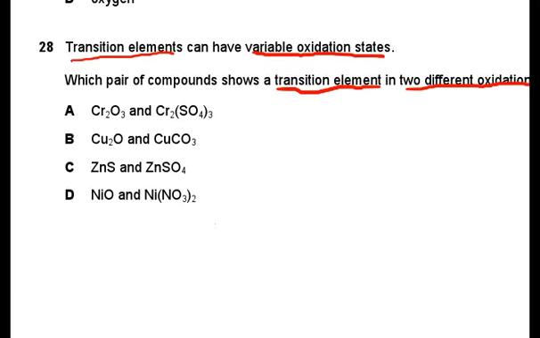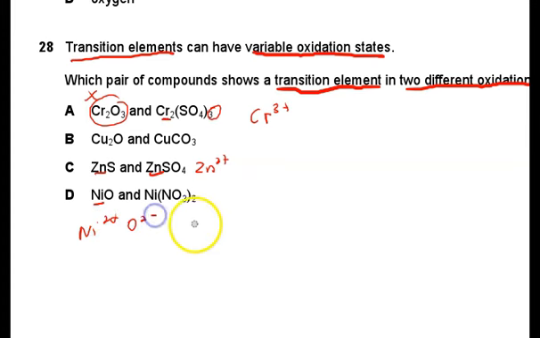Okay, if you look at the first one, the chromium has 3, the first one, and here is also 3 based on this, so there's no change. Zinc and zinc is the same. Okay, it's the same. Now nickel is 2, oxygen, this is also 2,